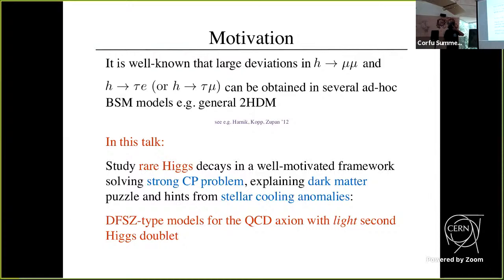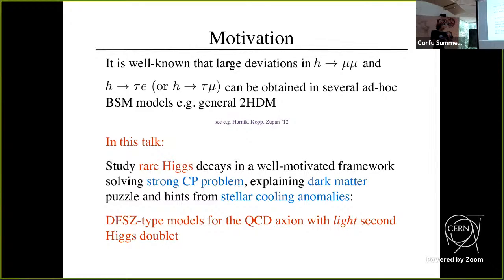Okay, so it's pretty well known that large deviations in H to μμ and either H to τe or H to τμ can be obtained in several BSM models, but mostly ad hoc models, like, for example, the general two Higgs doublet model, which is a very interesting effective theory for many models. So in this talk, I will